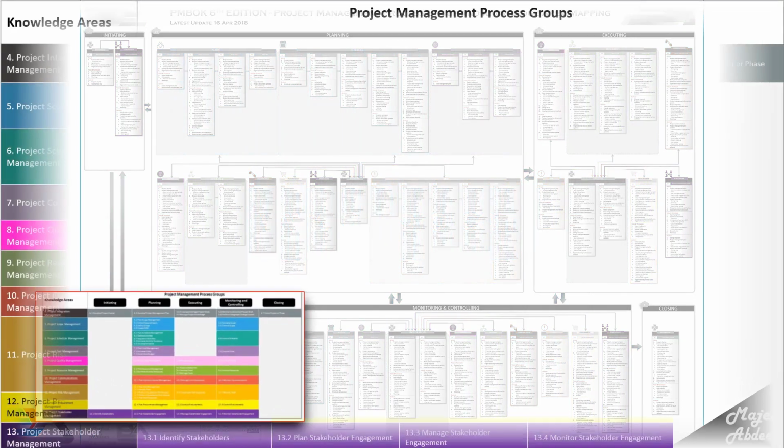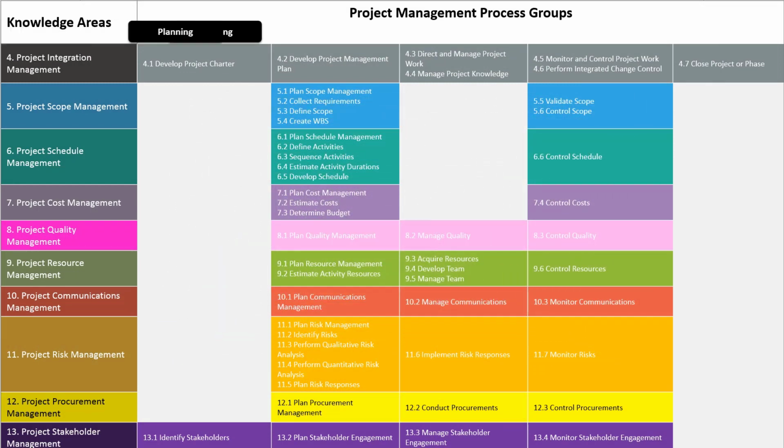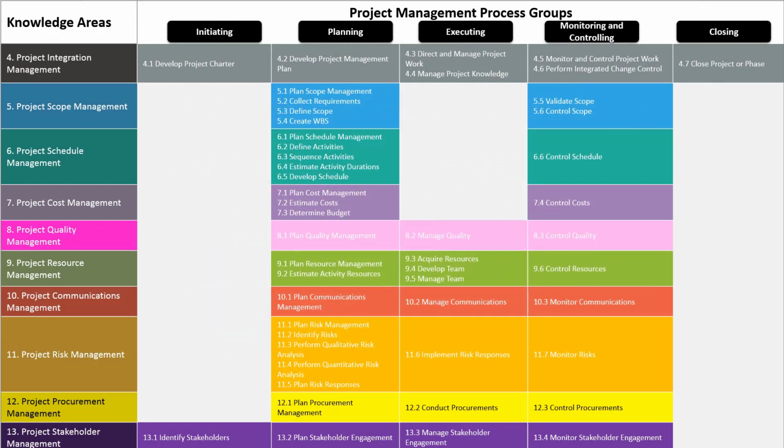Okay, before we talk about the processes, let's talk a little bit about the knowledge areas and the process groups in more detail. You can find this table on page 25 in the PMI book, but here it's colored to match the mapping diagram. Now let's take a look at this table. In order to make things manageable, PMI breaks up project management into process groups and knowledge areas. Knowledge areas have components which are processes, practices, inputs, tools and techniques, and outputs. We use these to describe each knowledge area.